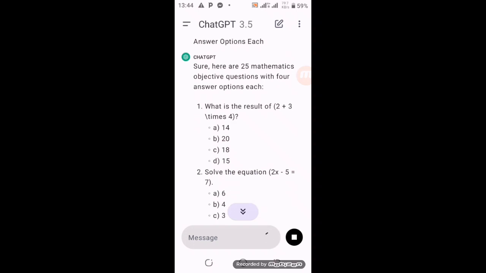Look at it, very, very simple. You see what technology is doing? You see what AI is doing? Oh, my head is aching. How do you sit down thinking on how to generate questions, any subject, any topic? Now, the first question says, what is the result of (2 + 3)